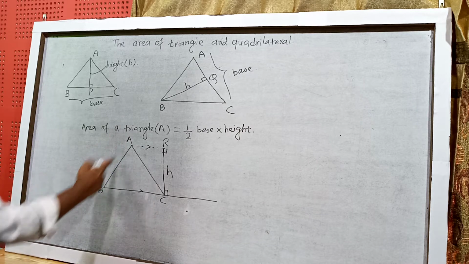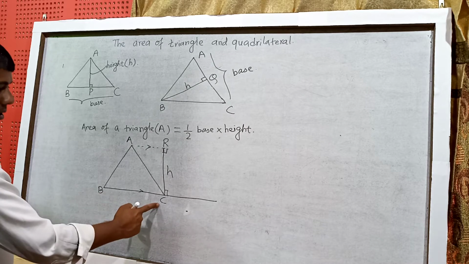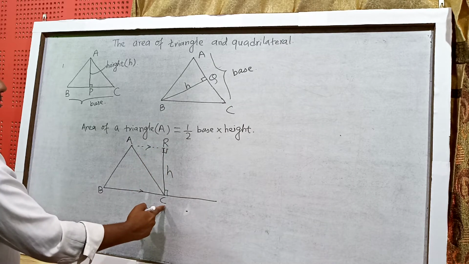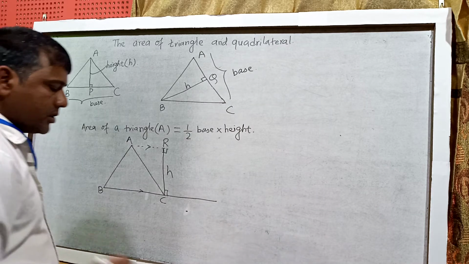So area of triangle ABC equals 1 by 2 base BC into height RC. In this way, we find the area of triangle. Next,